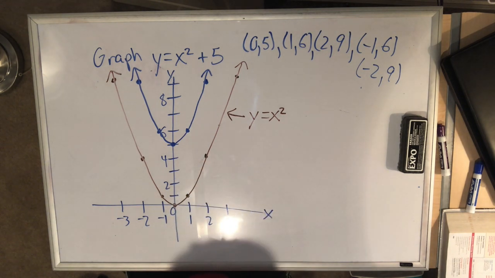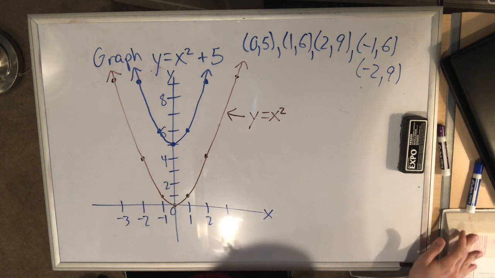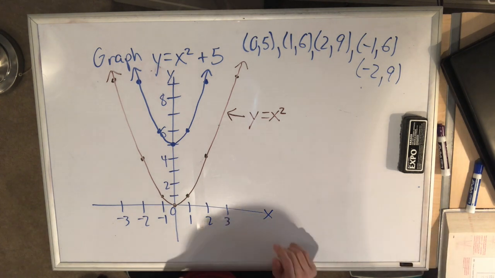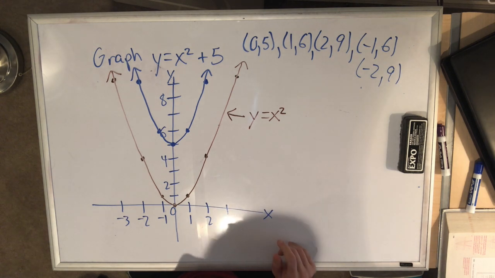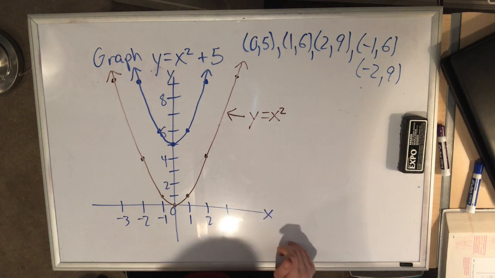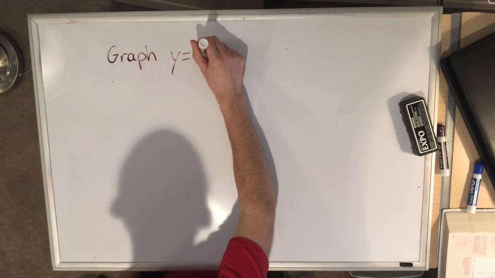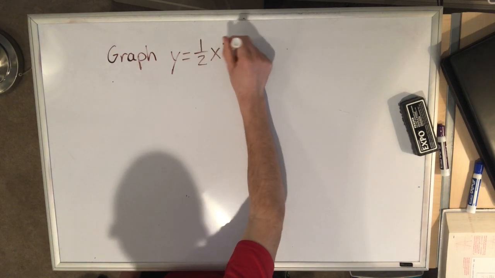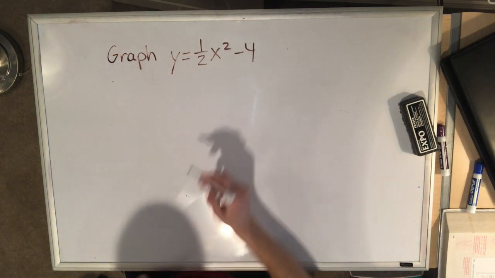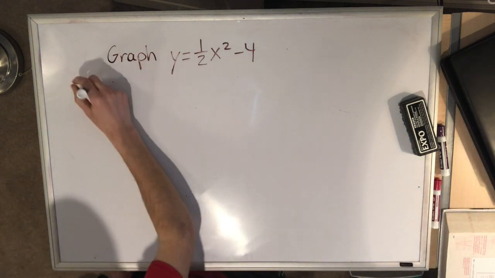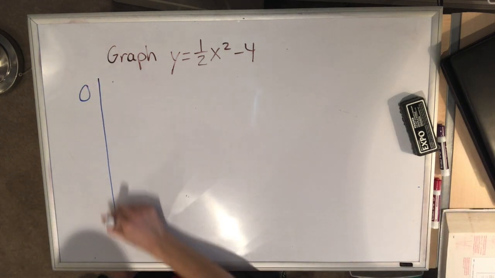And then let's graph example 4, y equals ax squared plus c. We'll graph y equals 1/2 x squared minus 4, and we'll compare the graph with the graph of y equals x squared. Y equals 1/2 x squared minus 4. We'll make a table of values. We'll go back to the blue marker. Substituting in 0 for x,